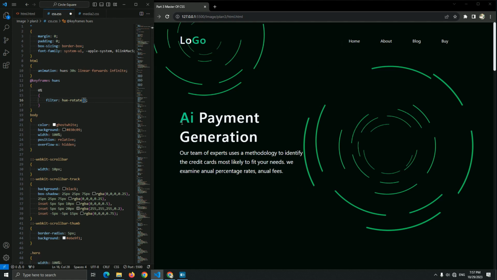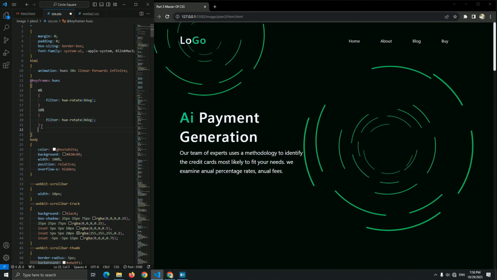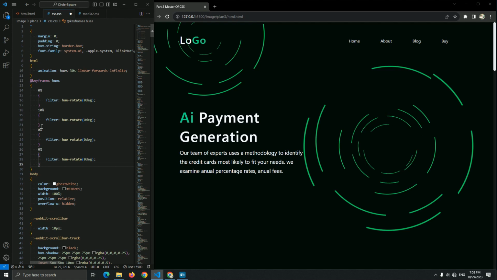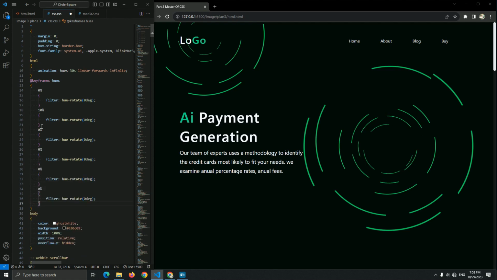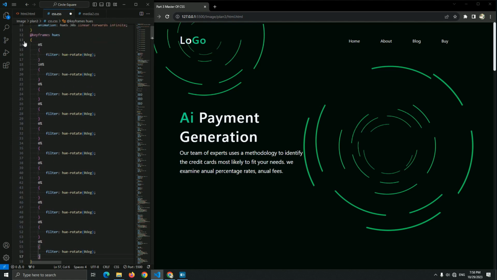So just add a 0 degree, which is normal, and in 10%, I start with the 10%, 20%, 30%, 40%, 50%, 60%, 70%, 80%, 90%, 100%. Okay, now let me just add it. 20%, 30%, 40%, and 50%.